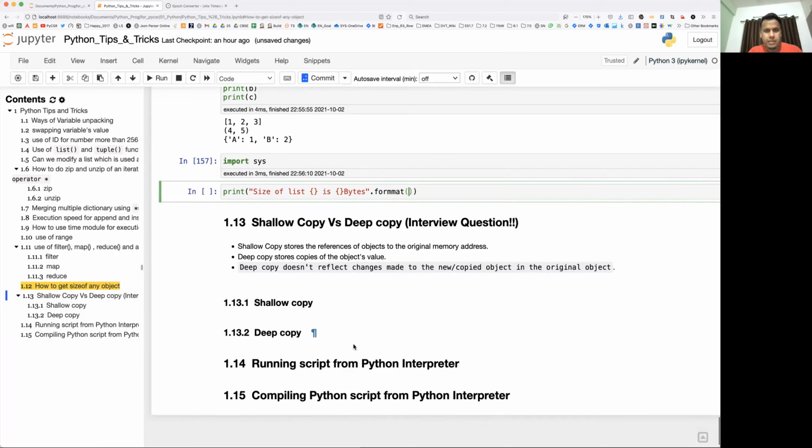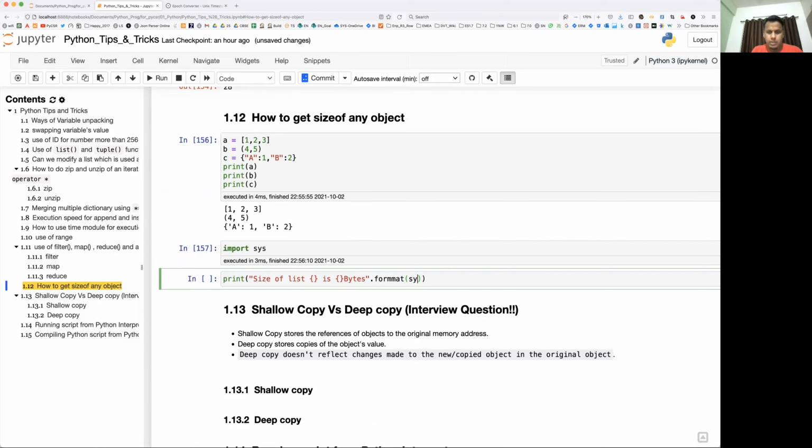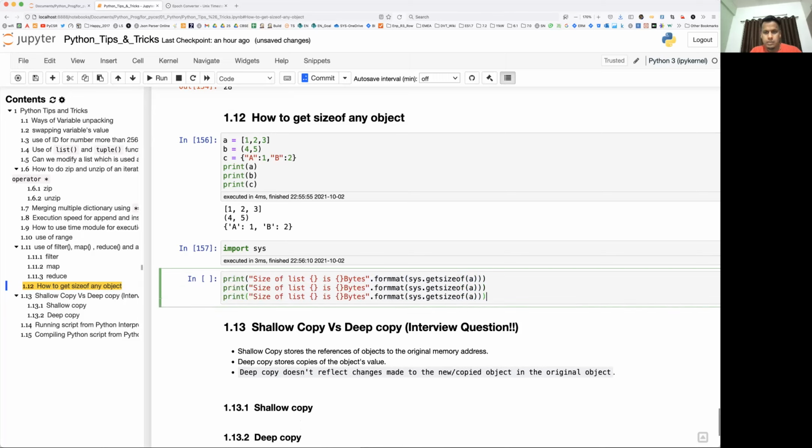First we have the list, so sys.getsizeof of A, then B and C, and this would be your dictionary.